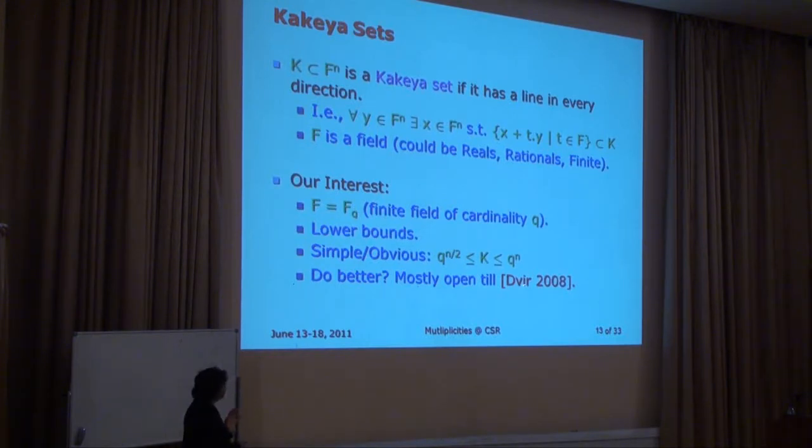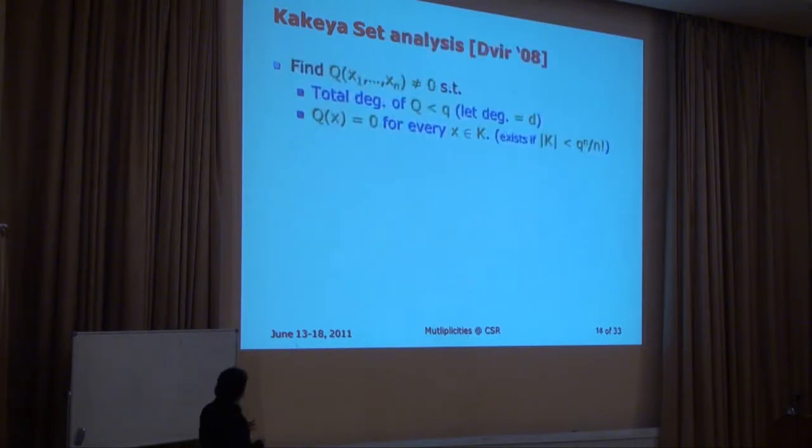And then in 2008, Zeev Dvir came up with this beautiful argument, which you will see gave just the perfect answer. So what was Dvir's analysis? It's the polynomial method. And by the way, the reason this looks very similar to the method I described earlier is because the earlier description was based on this slide. So don't get fooled. The problem was open for a long time, and when you suddenly see such a simple analysis, you have to realize it didn't come out of nowhere.